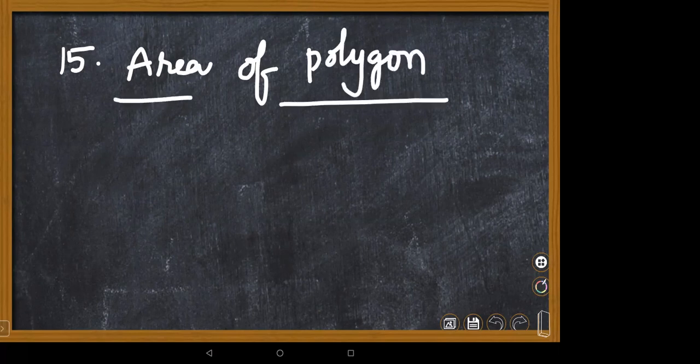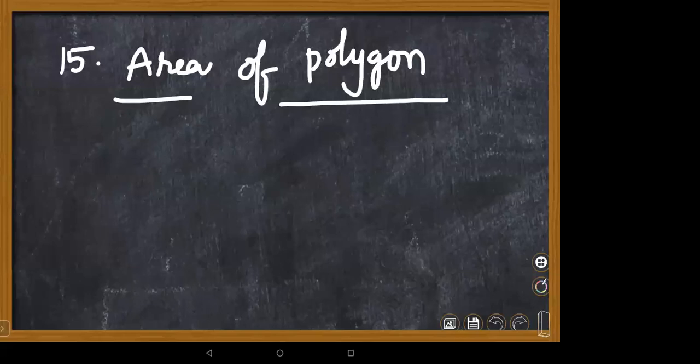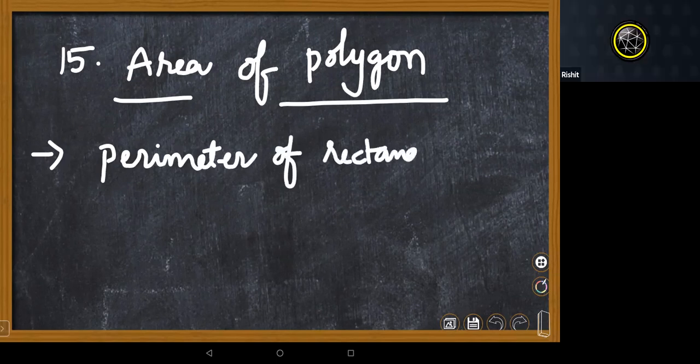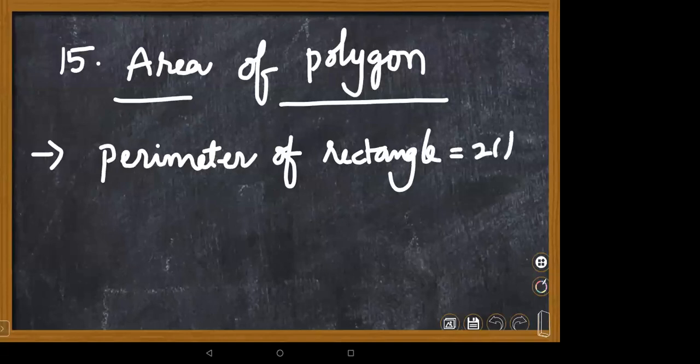Area of polygon is a very important and basic part, children, nothing to worry. We know what the perimeter is; we just have to recollect all the formulas once again. You know very well from your previous classes, but as a teacher I am supposed to recollect the points. Children, I want one student to answer. Rishit, can you please give the perimeter of rectangle? Perimeter of rectangle, 2 into L plus B. Very good. It's 2 into L plus B.